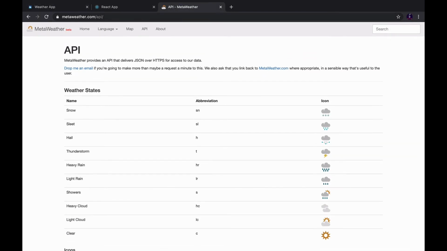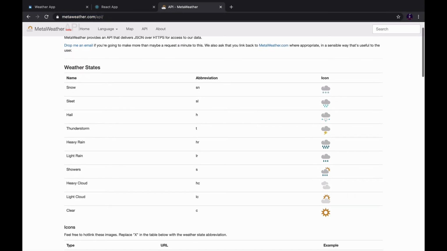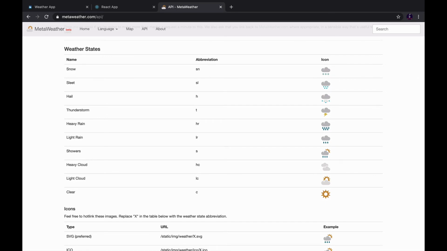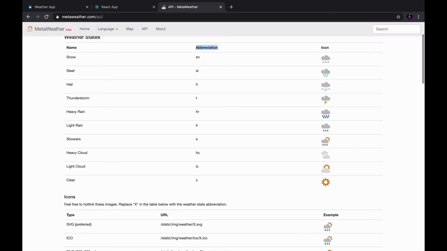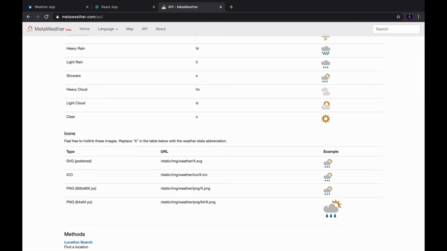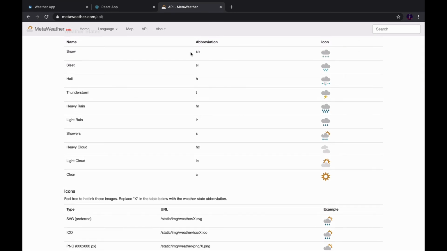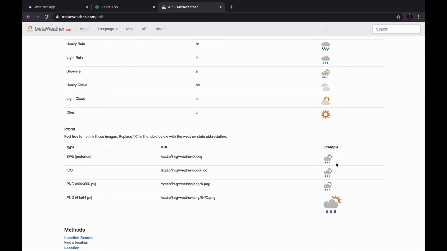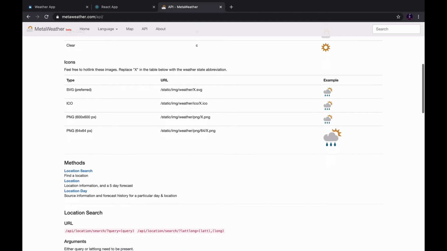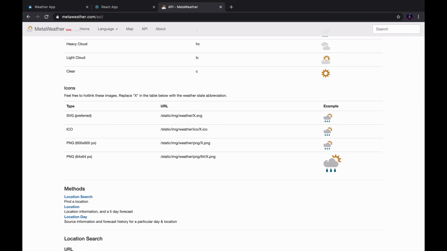So if we go to the metaweather.com/API, once we communicate with the MetaWeather API, in the API response we will be receiving something known as abbreviation. With that abbreviation we can use them in the URL, like if we say metaweather.com/API/static/image/weather and the abbreviation, so let's just say sn.svg, so this API returns this image right here. So these are the images which we'll be using throughout the application, and for now I'll be hard coding a